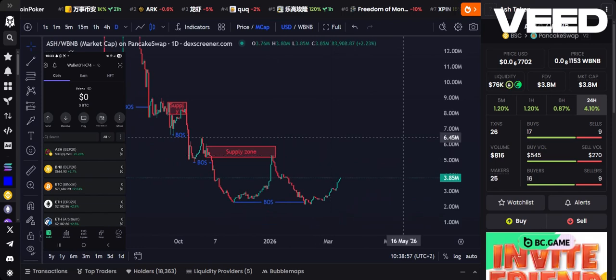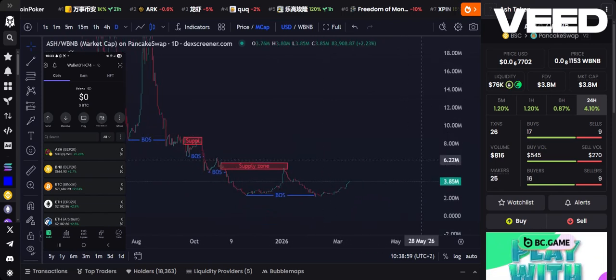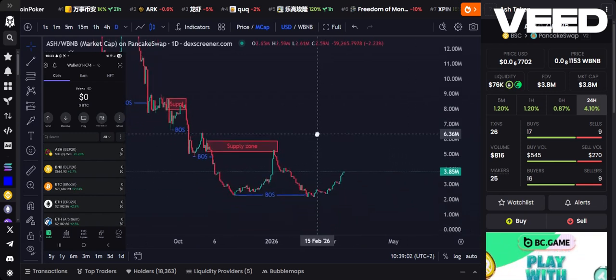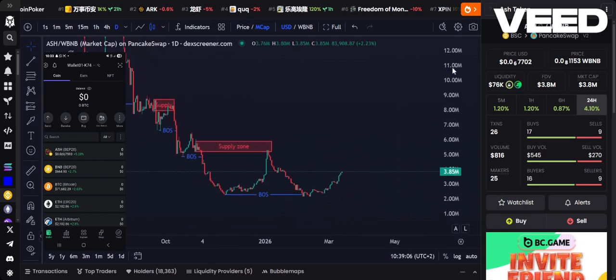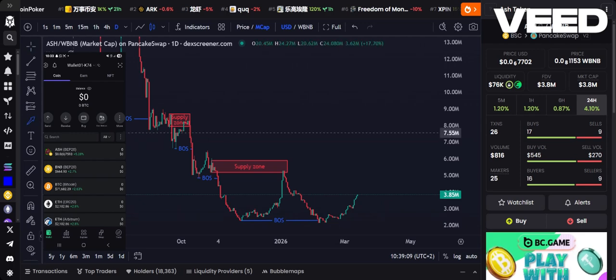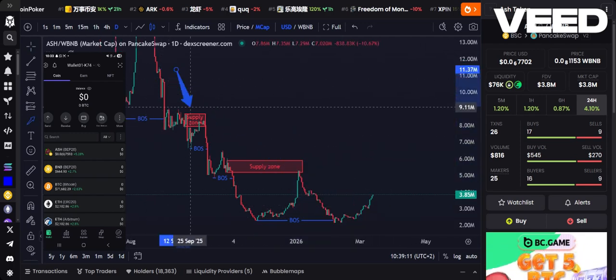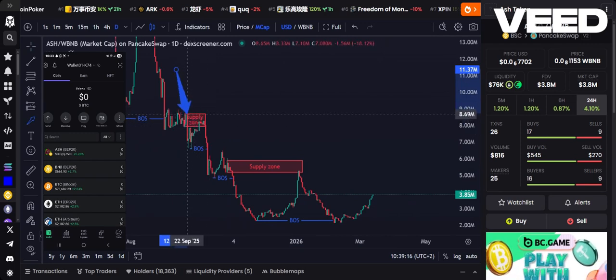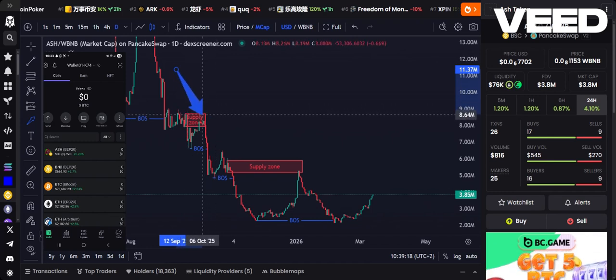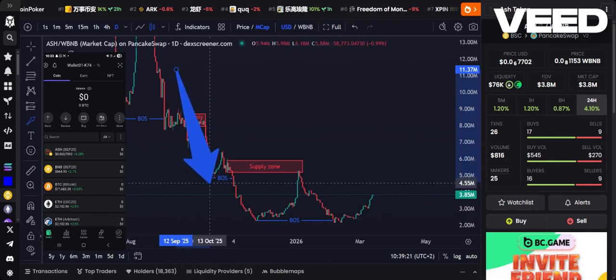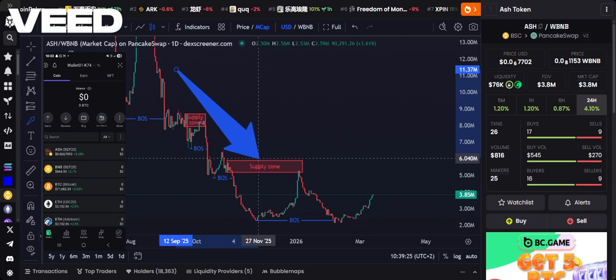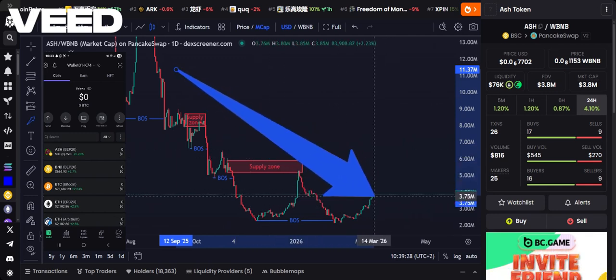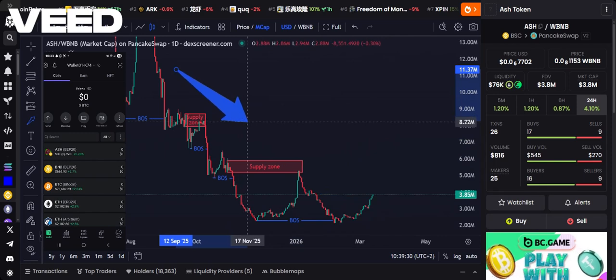In trading or investing in Bitcoin or crypto or forex or whatever, you have a trend over here, isn't it? So price is actually bearish. Now these are the old supply zones. This particular zone was in September last year, where we saw this coin drop to this level. We got a reversal and it dropped again, giving us these two supply zones, this and this. Now current price is over here. Today is 13th of March, you can see.